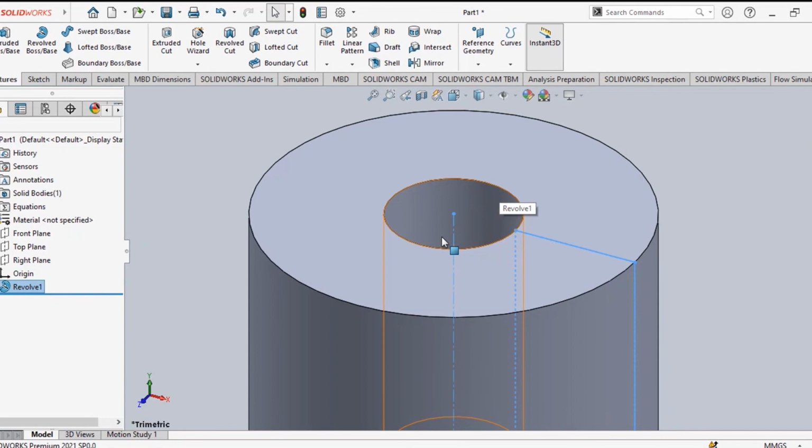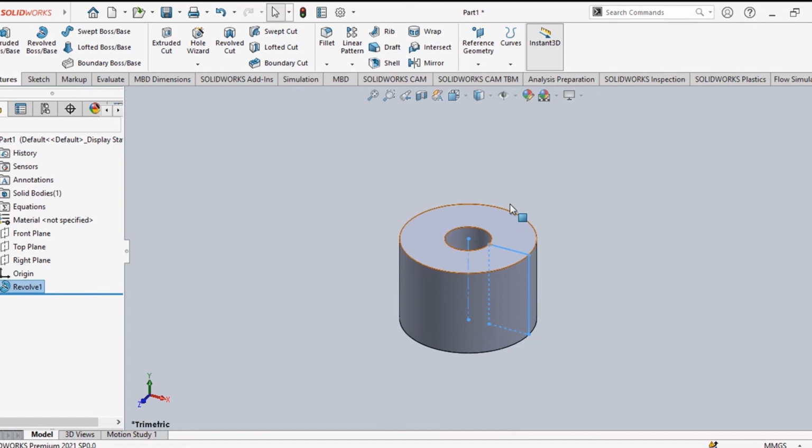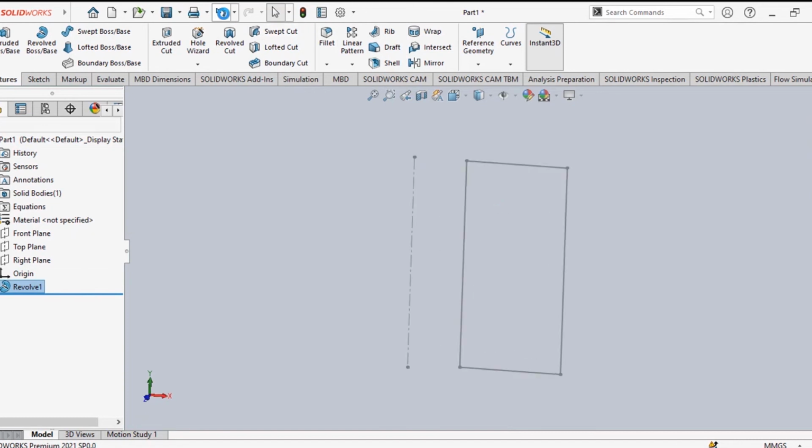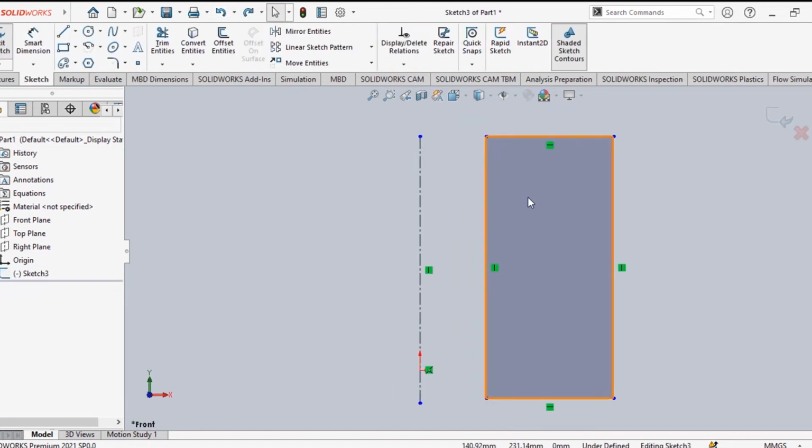Right. Now sometimes you want to make a solid object in this shape. What will we do? First of all, I will undo it. Solid means you have to make this line coincident with this one. If you leave some distance in the gap in between, there will be a hole inside. Suppose you want to make a solid object. In that case, you have to make this line coincident with this central line. They should be together.